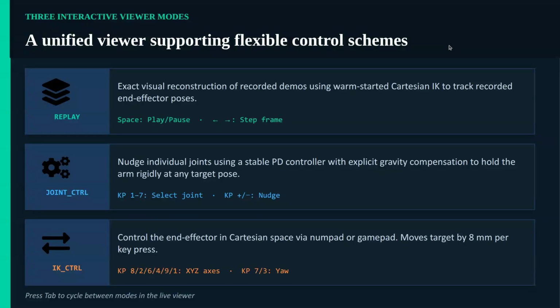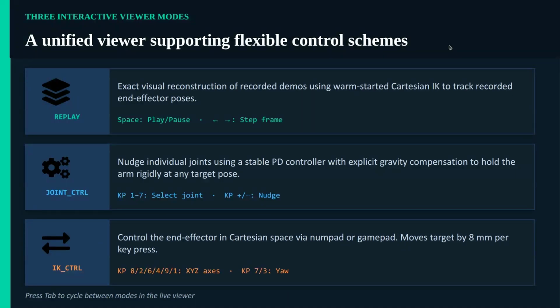You can nudge individual joints: base joint, shoulder joint, arm joint, wrist joint. You can select the joints just using your keypad and move them again using your keypad and record a new demonstration. Or you could control them in a Cartesian manner, move forward in X direction or move forward in Y direction. Again, these are things you can just do using your keypad. Also, gripper open and close you can do using a keypad. And to move between the different modes, from replay to joint control to inverse kinematics control, you can do it while in the same simulator.